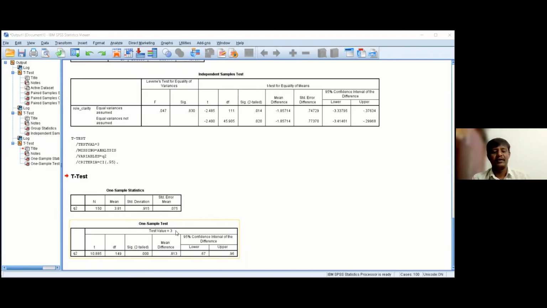Yes. So I have used a 5-point rating scale to collect data for my research. This test value can be the average of that 5-point scale: 5 plus 4 plus 3 plus 2 plus 1 divided by 5. That way we got this 3 value. If we are using a 7-point scale for collecting data, then 7 plus 6 down to 1 divided by 7. Whatever the average is, we can take it as the test value. Okay, thank you, sir.